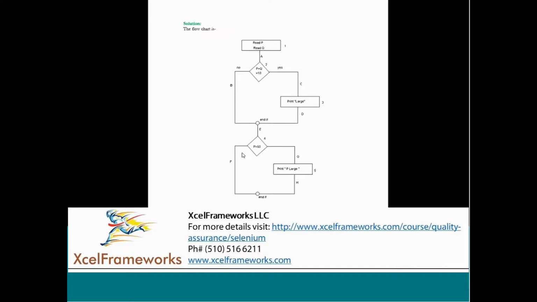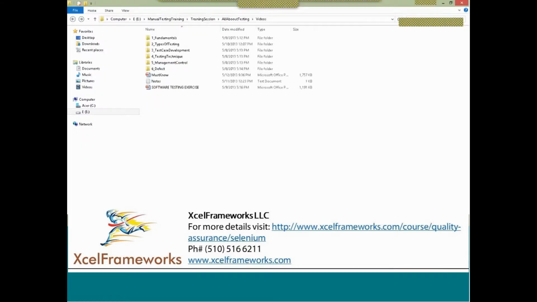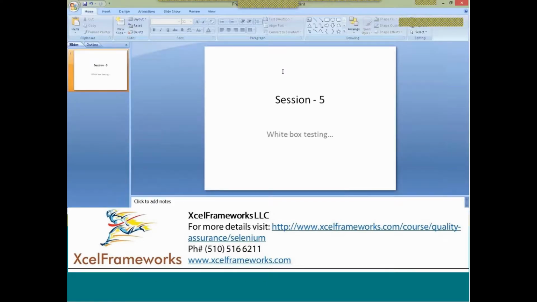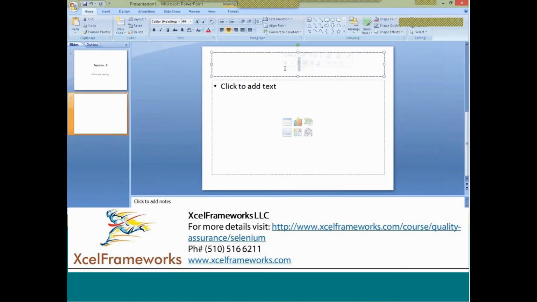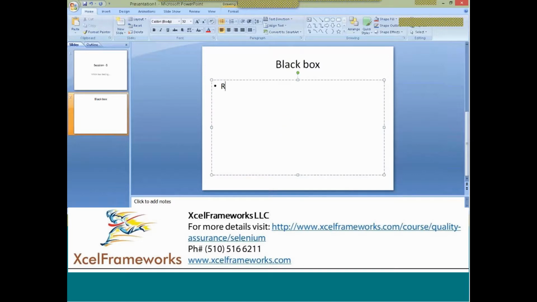Now let's take the reverse case. There is no code in front of you. Let me put it in a different way. Let's go back to our basics once again, where we are trying to execute the functional test cases. I'll call this the black box. Here it says read A. Imagine this is a text box, and it says read B. You enter some value, and based on that, it's going to change the things. So if there are two text boxes,